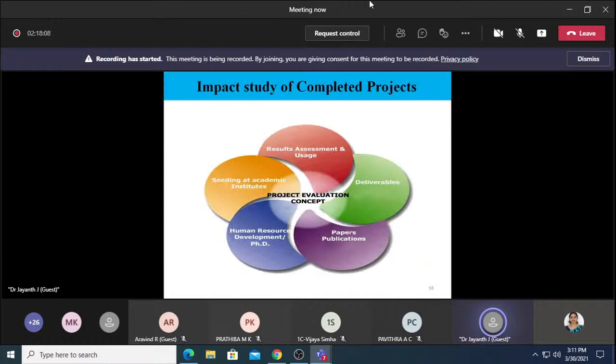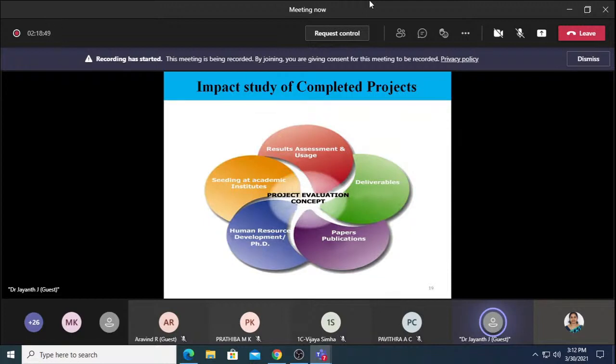So this is your final impact study of the completed project. After completing a project, they check with 5 divisions. The first one is paper publications. Have you published your paper? Have you patented your work? Or have you suggested some other things, or copyrights, or have you taken a review from any of the sectors? Next, the HR department: have you guided any PhD students, or have you guided your MTech students, or have you taken a project assistant and taught them the work? So next,